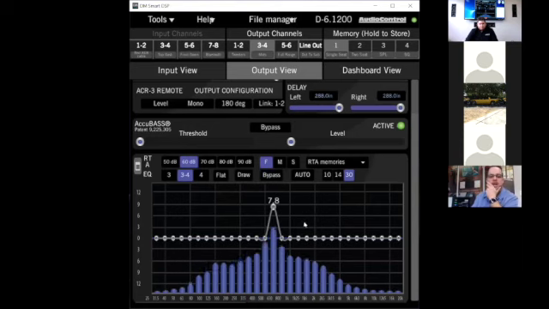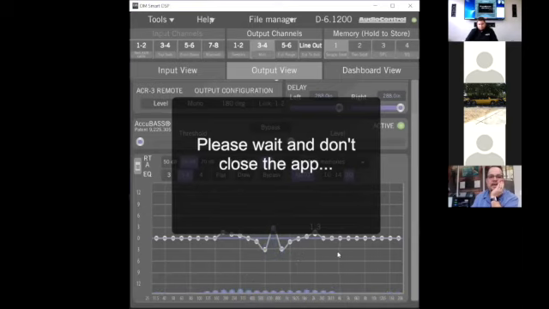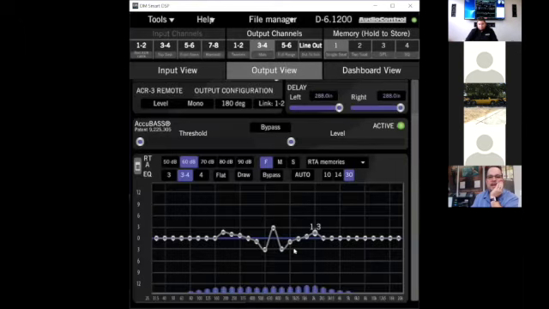Now, another thing that you can do is go through and click auto. Now, what this is going to do is it's going to look at the signal output, and it's going to go through and start working the EQ on its own to give you a flat response output. Okay, so you can go through and do that a couple times. It'll make the changes for you. I had a big peak here, so it kind of tried to fix that by doing this,